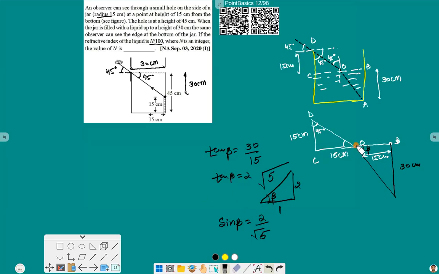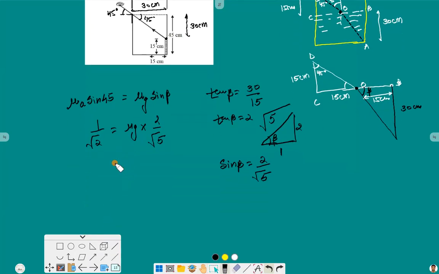Now at this point refraction is there, so we can apply Snell's law: refractive index of the air into sine of incidence, that is 45, should equal refractive index of the glass into sine of beta. So refractive index of air is 1 and sine of 45 is 1 by root 2, equal to refractive index of glass into 2 by root 5, and further from this we will get mu of g is equal to root 5 by 2 root 2, and on solving this will give us